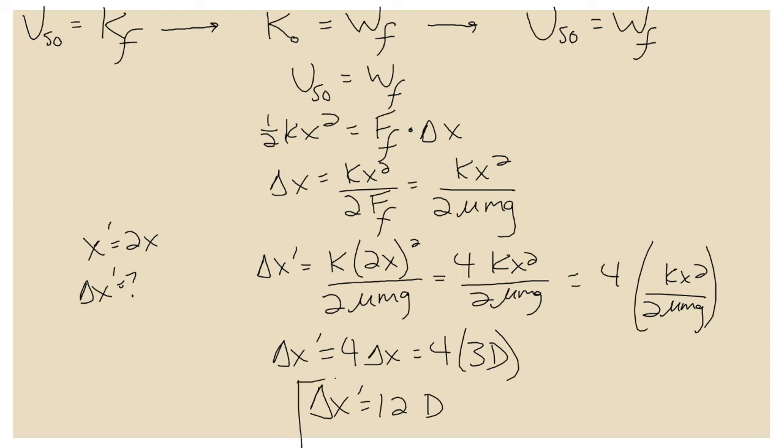The basic idea behind this calculation is this. The elastic potential energy is directly proportional to x squared. That means when they doubled the compression distance, the elastic potential energy quadrupled. Because the elastic potential energy is converted into kinetic energy, the kinetic energy of the block when the spring compression doubled was 4 times the kinetic energy as it was in the original trial. Because the block now has 4 times the amount of kinetic energy, and the kinetic energy is directly proportional to the stopping distance, the fact that it now had 4 times the kinetic energy means that it has 4 times